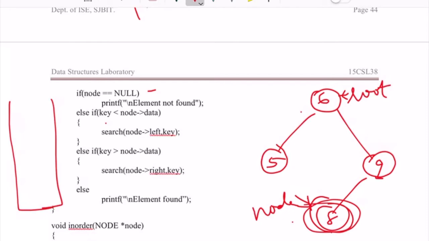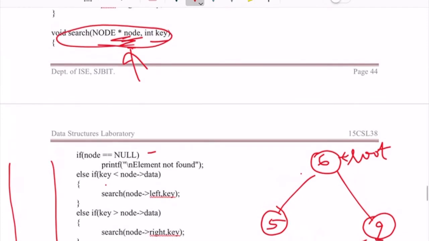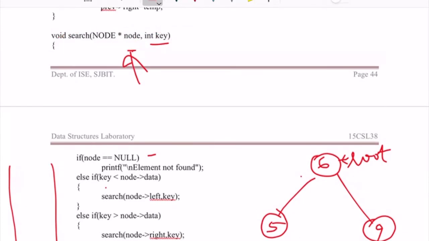The same function will be called again by passing the value of node as null. So in this case, the value of node would be null. When you are checking this condition, the condition would be true and it would display a message saying element not found. So this is how the search function works for your binary search tree.